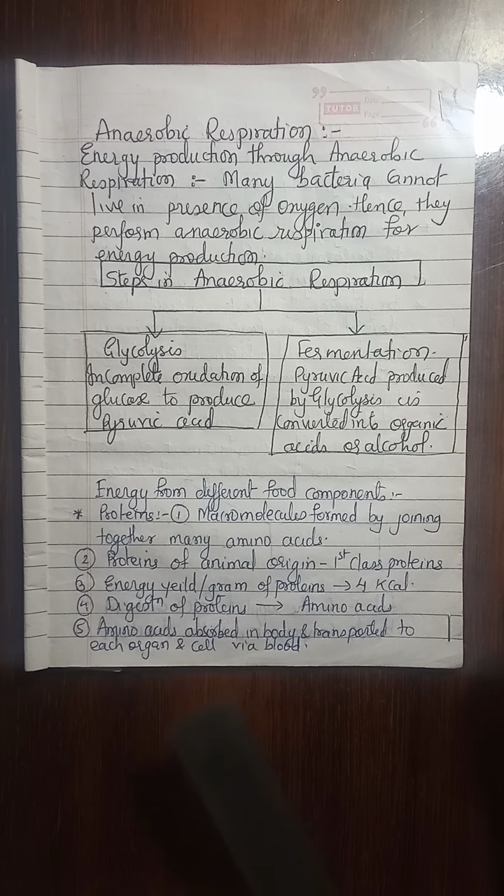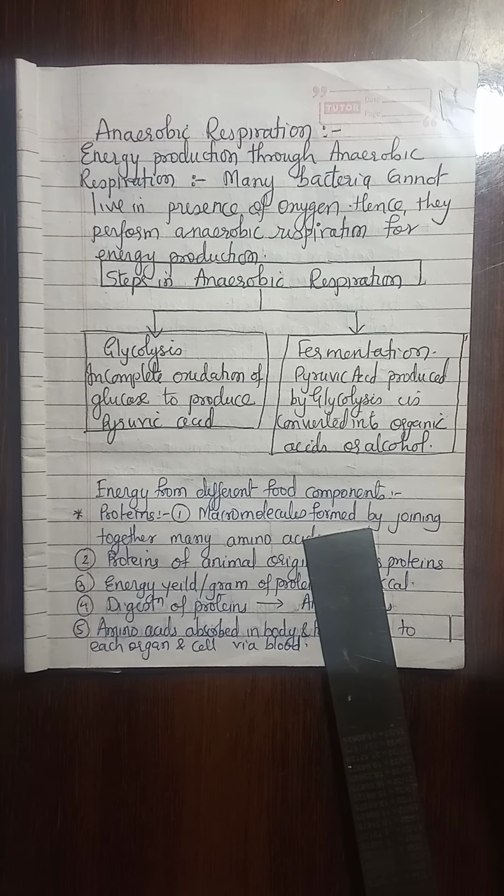Now, energy from the different components. We get energy from three different sources: carbohydrates, proteins, fats. Each of these gives us energy in different forms. Apart from this, other essential nutrients required for us are vitamins, as well as minerals and water. So we are going to discuss in short what these are, how these requirements are satisfied, and how they are useful for us. Energy from different food components.